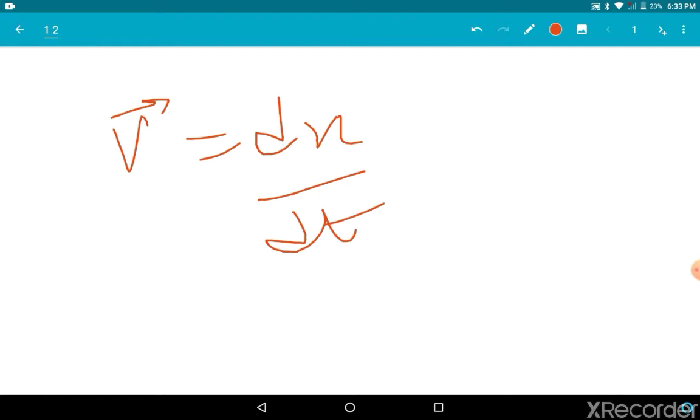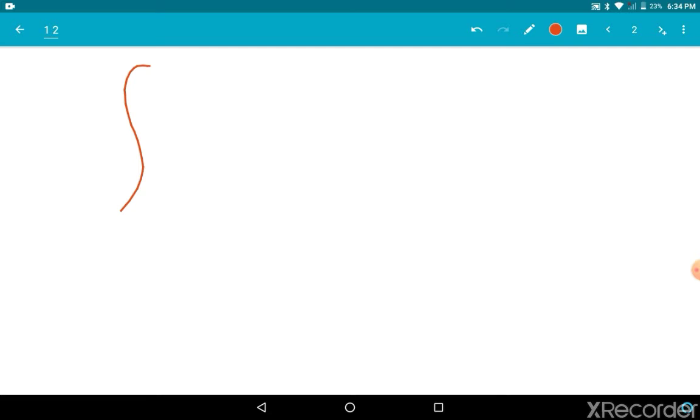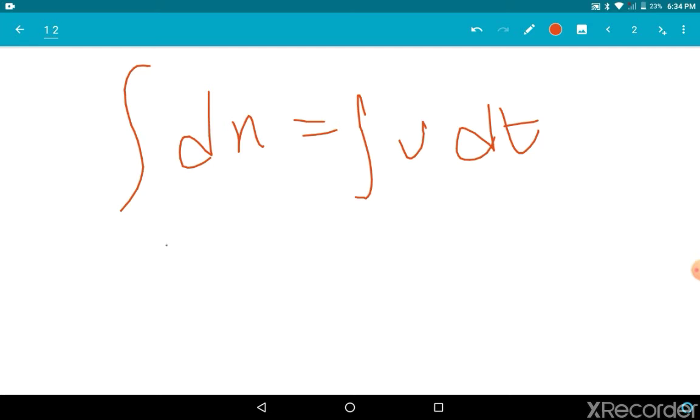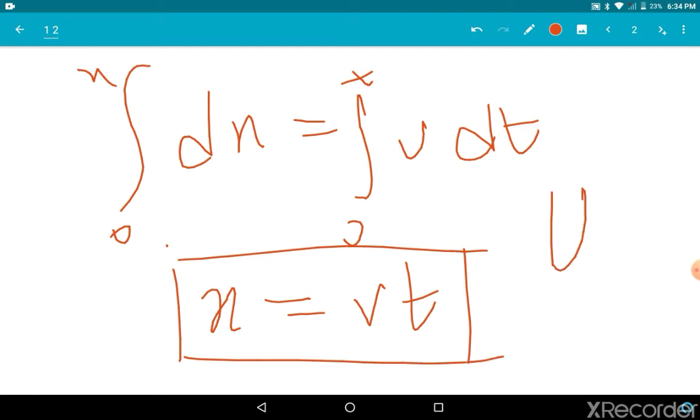Before starting uniform motion, let me tell you something that we know: v is equal to dx by dt. So dx is equal to v dt. Everybody understand this? Now, if we integrate both sides, dx equals v dt, this will result in, let's say, 0 to x and 0 to t. If this results in x equal to vt, then I say this is a uniform